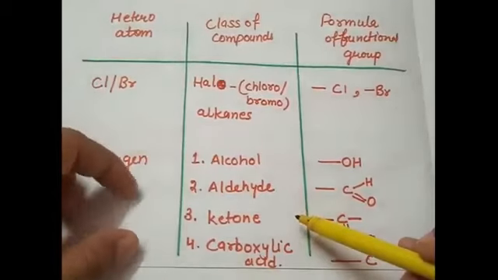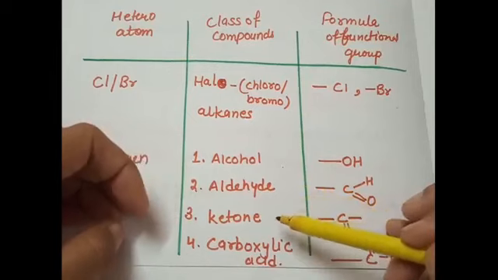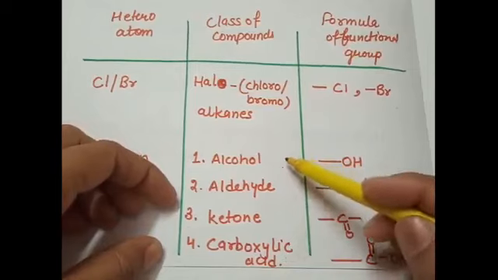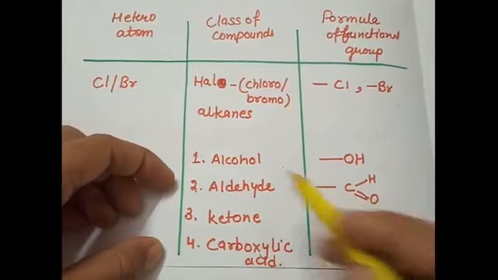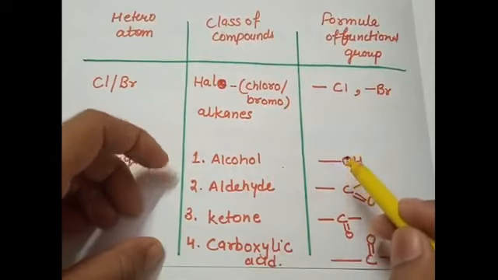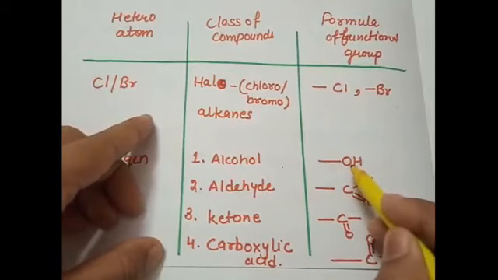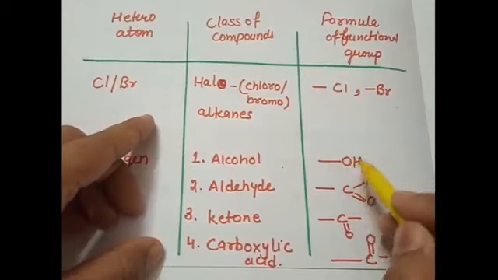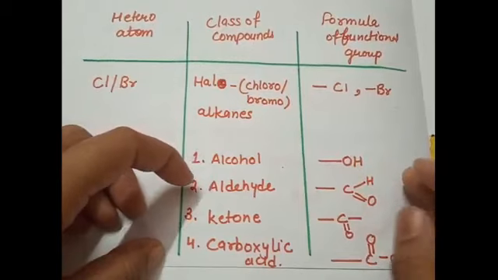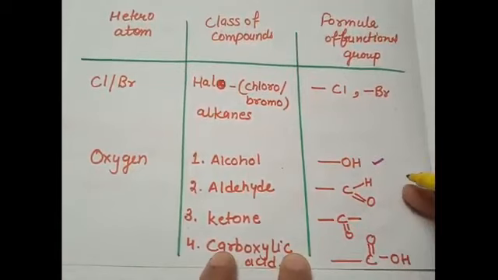When oxygen is getting attached, it can be attached with the help of alcohols, aldehyde, ketone, carboxylic acid or carboxylic group. So these are the names of the functional groups. Now let us see the formula. Alcohol: in an organic compound, after removing one hydrogen, when one OH group is combined or getting attached, then this compound will be some kind of alcohol, or this OH group represents the alcohol functional group.